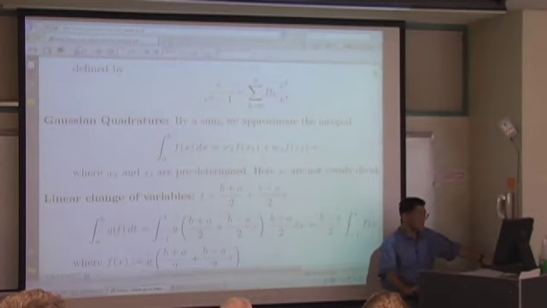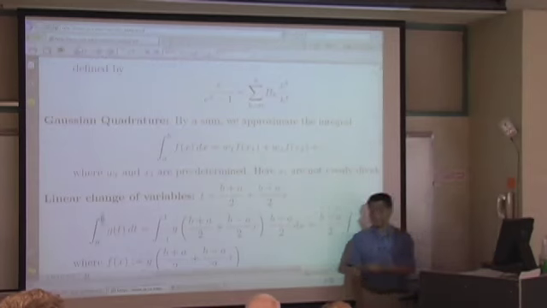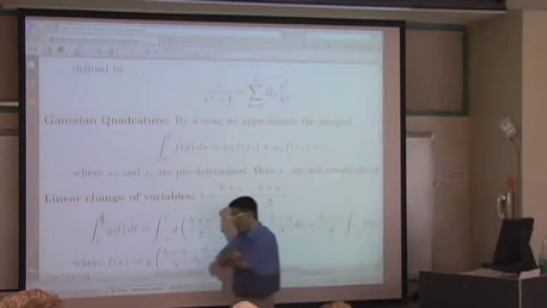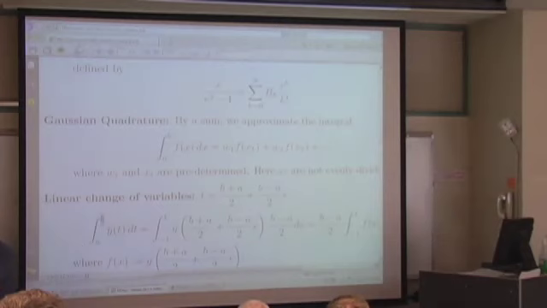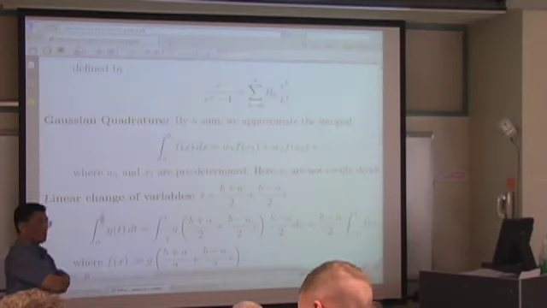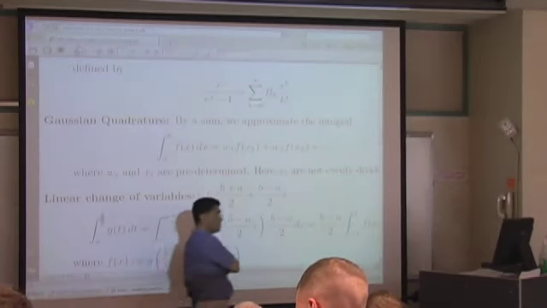Then the next thing is a to b. Gauss did a nice thing, but it doesn't help me. My integral is from 2 to 5. Gauss did it for -1 to 1. My integral is 2 to 5. So he doesn't help me at all. No, he can help you. How? Just by simple